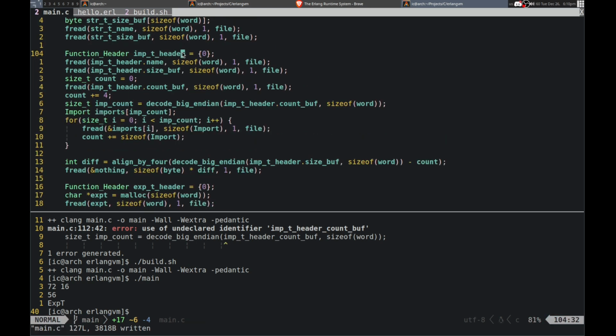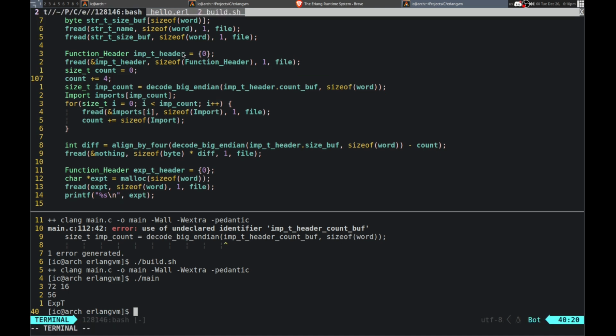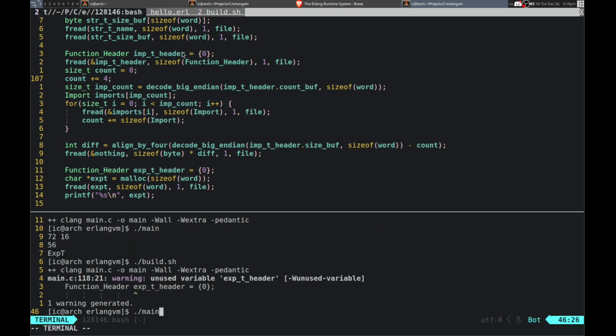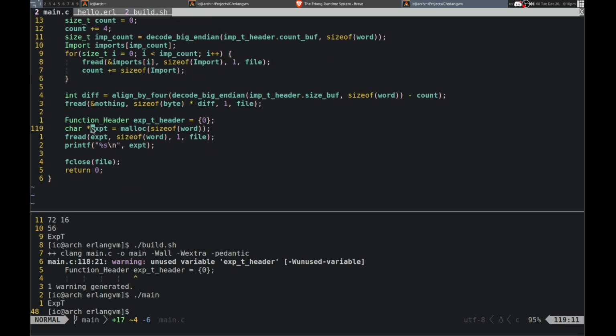So yeah, actually this, I don't know why I did it like this. Header, yeah, size of function header, 1 and 5. Then I can get rid of all of these. Alright, and it does work still. So yeah, then xt header, and you can f read that as well.